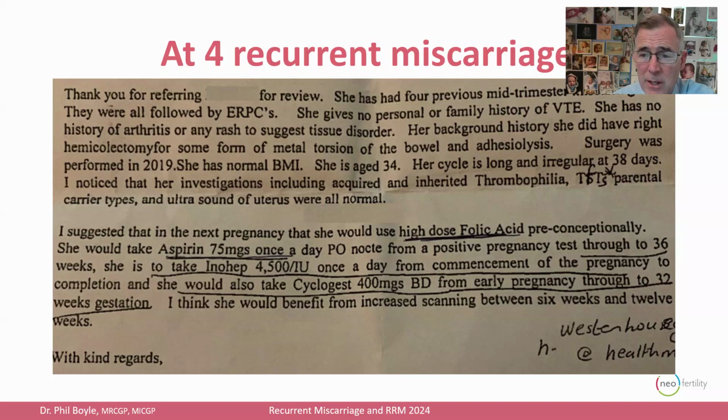And the evidence says that I showed you earlier from the miscarriage guidelines, if you do the testing and it's normal, don't give aspirin and blood thinning medications because it doesn't help. So you shouldn't do that. But it's just a sense of they want to do something. And there's certainly no guidelines to say, let's just give you a high dose folic acid. Zero in that regard. And it's just a physician with a heart for the couple who wants to do something more than nothing. And then also, we're going to give you progesterone once you're pregnant, right through to 32 weeks.